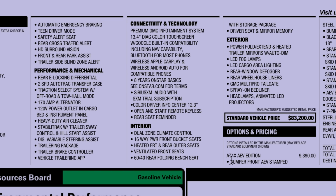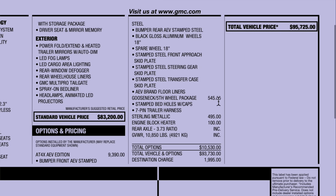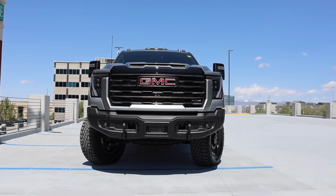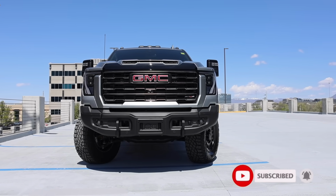$83,200, and this one has the AEV edition at $9,390. Gooseneck and fifth wheel prep package. Sterling paint with the engine block heater. Now with destination at $1,995, the truck has a total price of $95,725. As I've said in the past, and I'll keep saying it, this is probably the best looking truck on